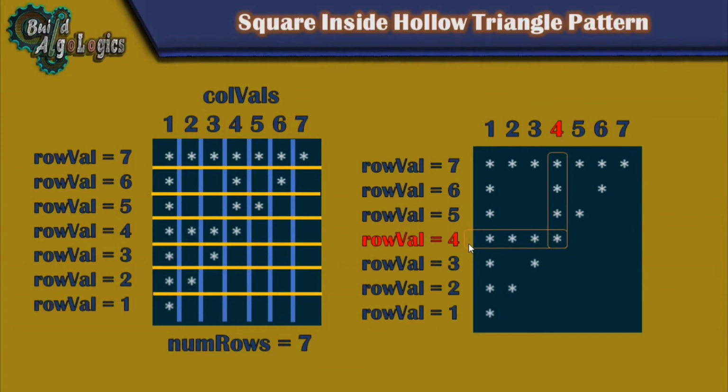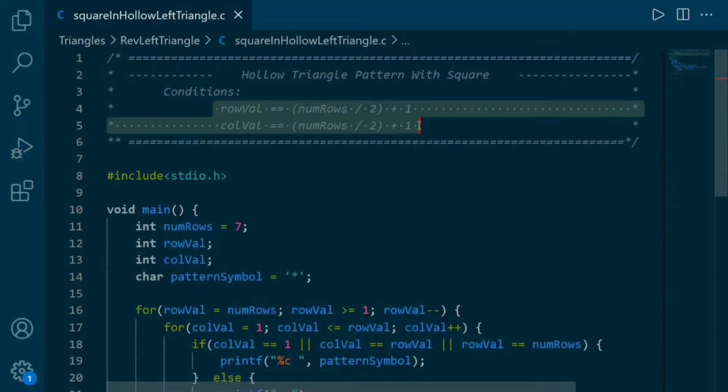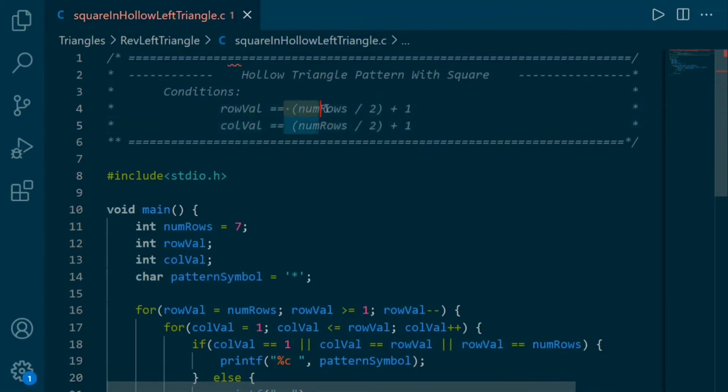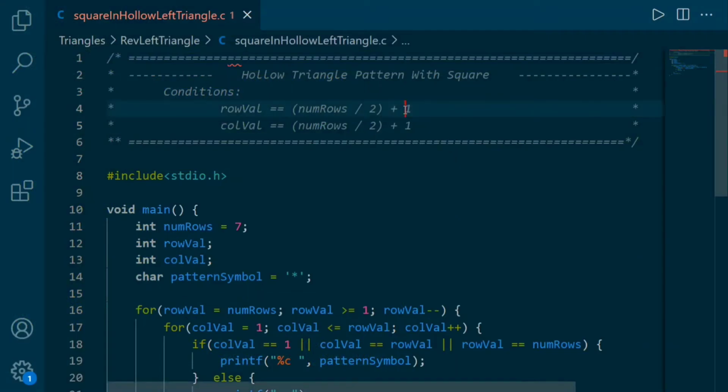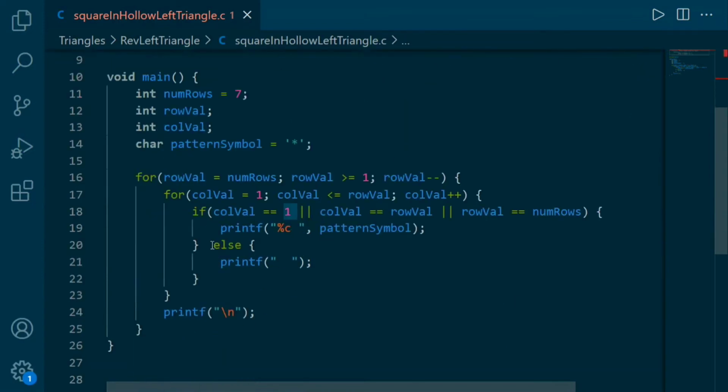As these both values are nothing but the half of the numbers, we can use our both extra conditions like this. We already had used these conditions in our previous examples many times. It simply means that when we divide our numbers by 2, it will return value 3, as value of numbers is 7 here, but our requirement is 4. Therefore we add one extra into these returned values.